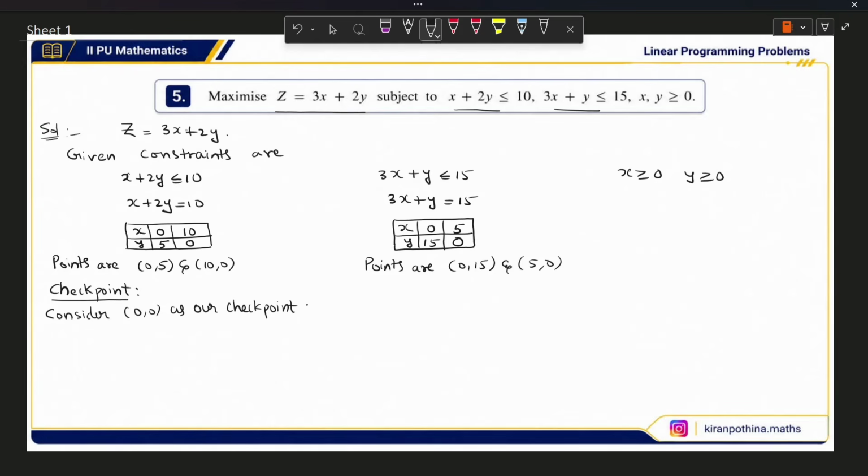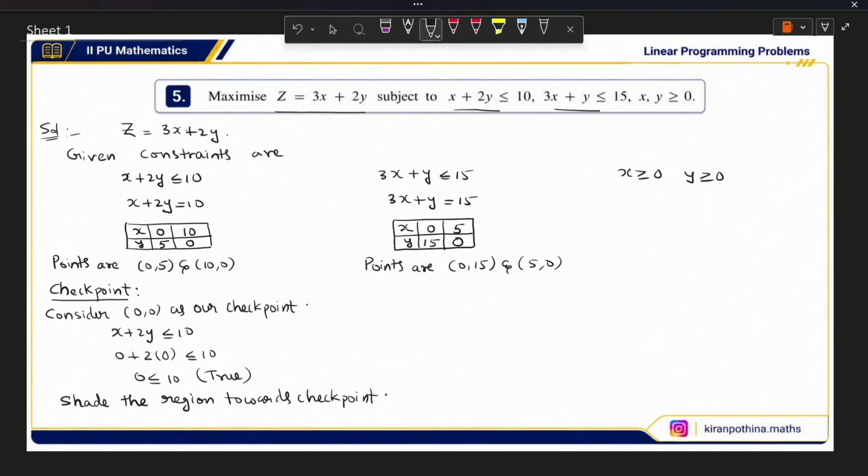What is the use of this 0, 0? That 0, 0 we will substitute in this inequality, that is x plus 2y less than or equal to 10. In the place of x 0, in the place of y also 0. So what you got? 0 less than or equal to 10. So we have to mention whether it is true or false. When it is true, we will write shade the region towards the checkpoint. This is also compulsory to mention, because as it is for 6 marks, we need to mention all the necessary things here. So whenever we get true, when it satisfies like 0 less than 10, we will write